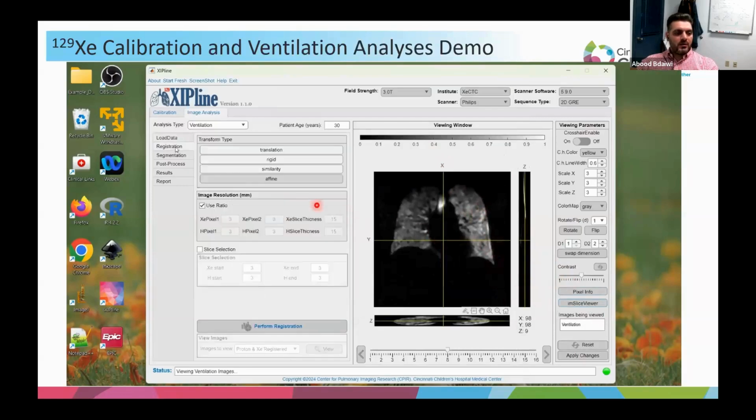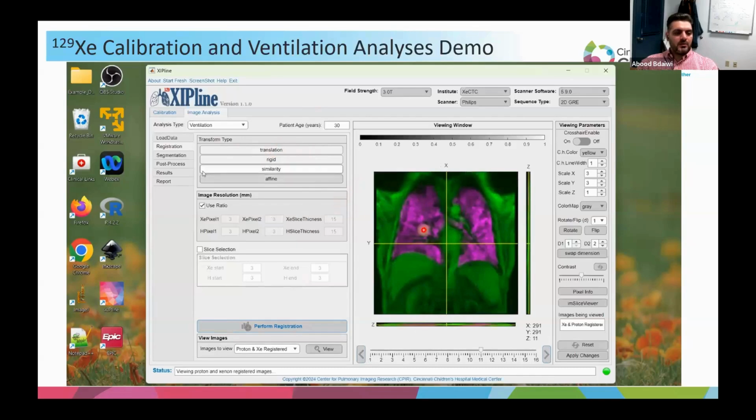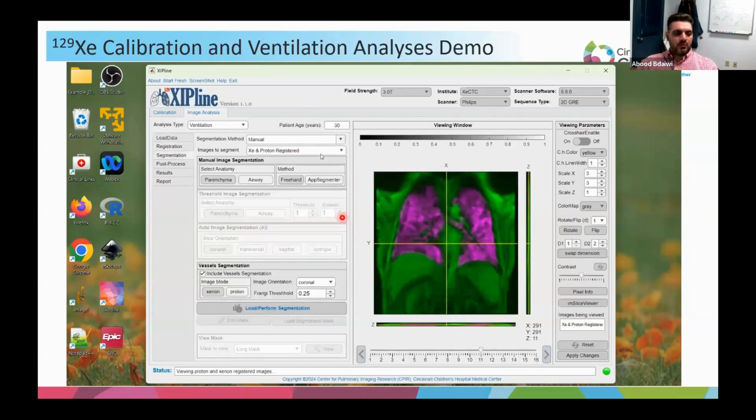And then finally, we go to the second step, which is the registration. Once you have your images, it looks good, and then you do the registration. That will take also a few seconds. The registration part, we perform basic registration in MATLAB, but we do have the ability to do N4 registration, which also will be available in the next version. And so you look at the registration, if it looks good,